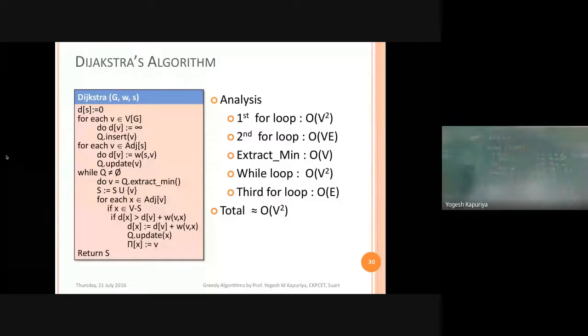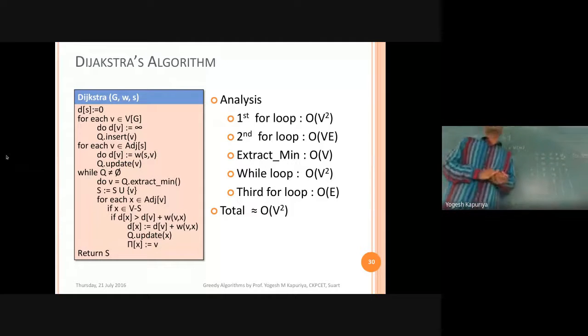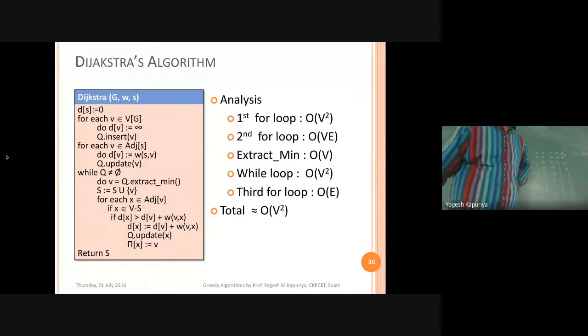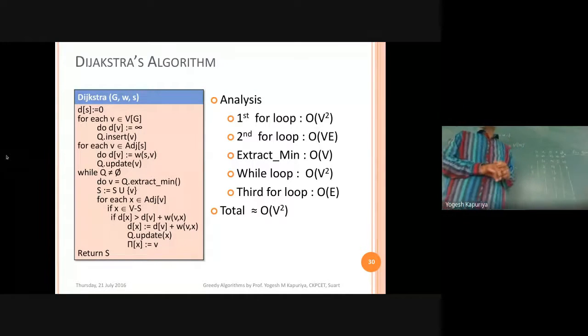Okay. See, time complexity is an estimate. Remember, you will never get accurate numbers for time complexity. Our objective is to find out the worst case scenario for any loop. Find out how many times that loop is going to be executed, and then based on that, simply say whether the time complexity is order of n, order of n square, order of n cube, what it should be or what it can be. Is that clear? Any doubt?